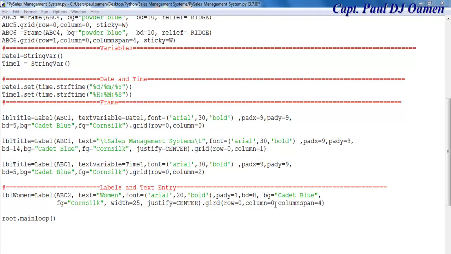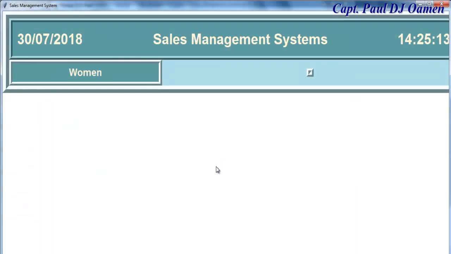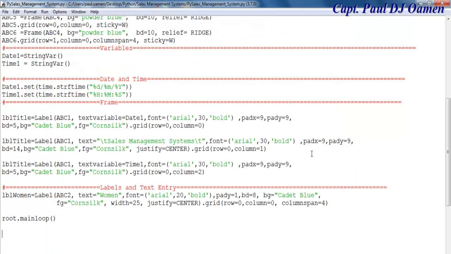Okay, let's carry out a few corrections before we run it and see how it's going to look. Alright, let's run it now and see. There we go, that's how it looks now. So the next thing I want to do is to add another label and text. So let's come in here